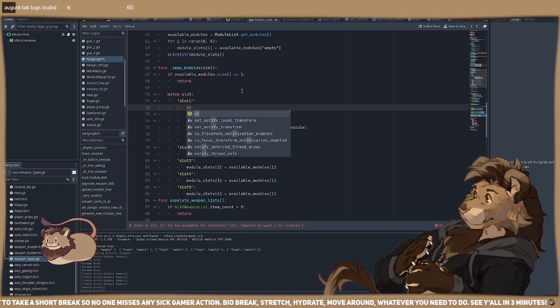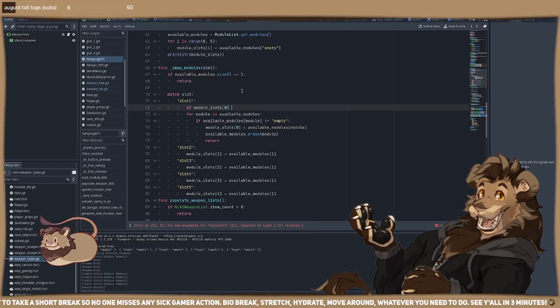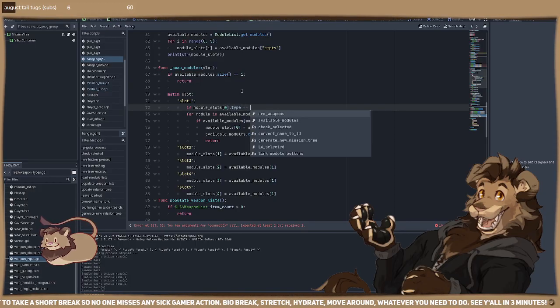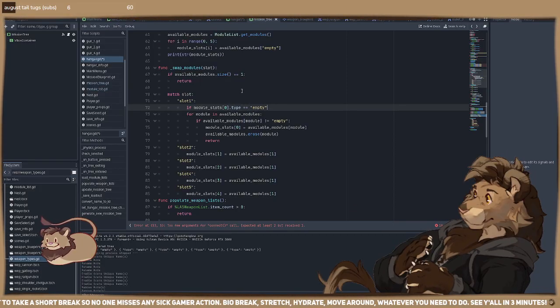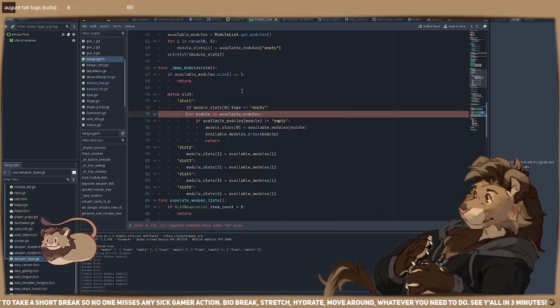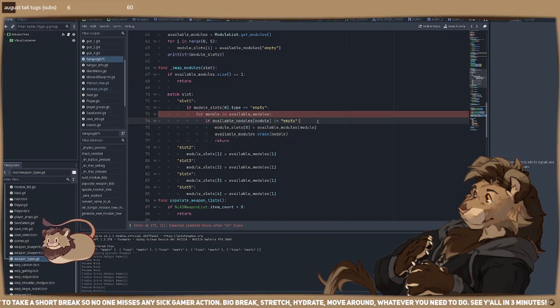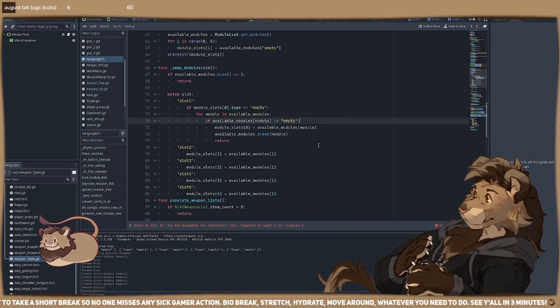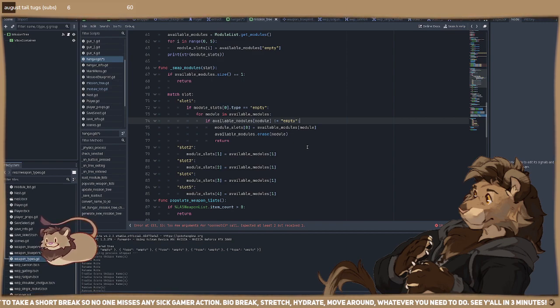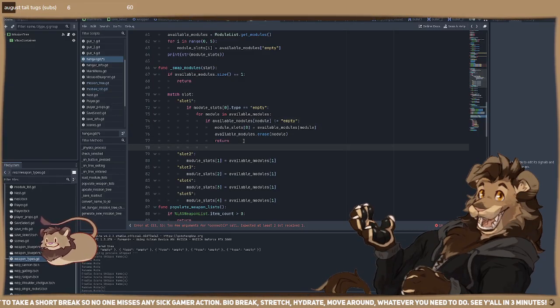If module slots at 0 dot type is equal to empty, do this. Do all that. But if it isn't empty,